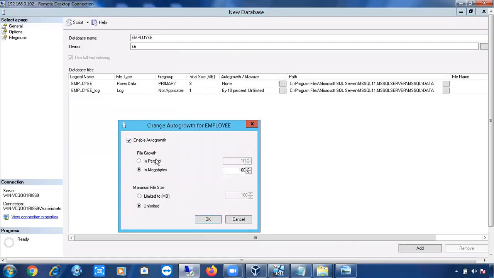Or else, if you give it in terms of percentage, if you give 100 percent, now tell me what will be the next file size. Currently my data file size is 3 MB. I set auto growth in percent and put 100%. Once this 3 MB is completely full, what will be the new size of this data file?